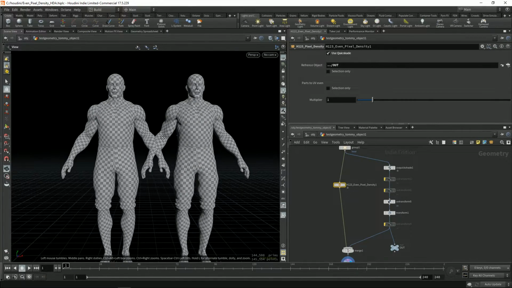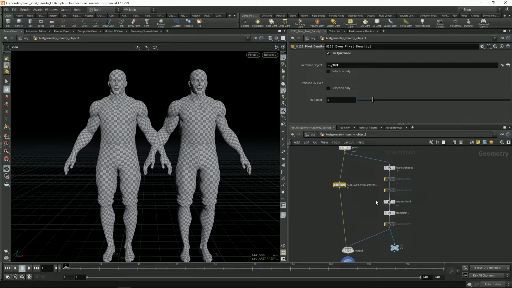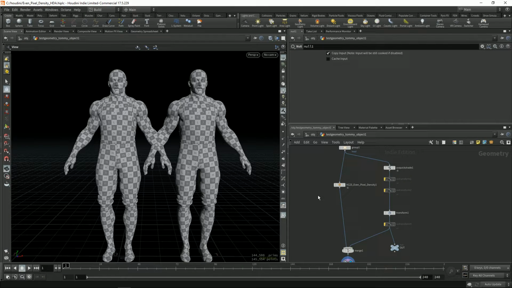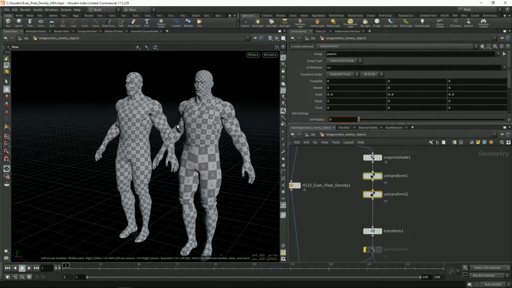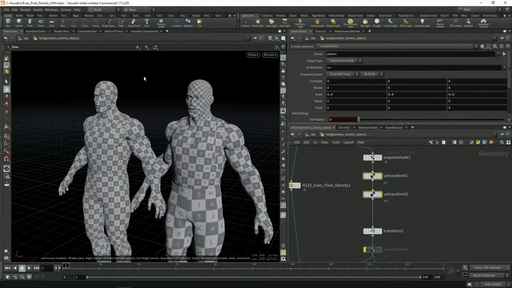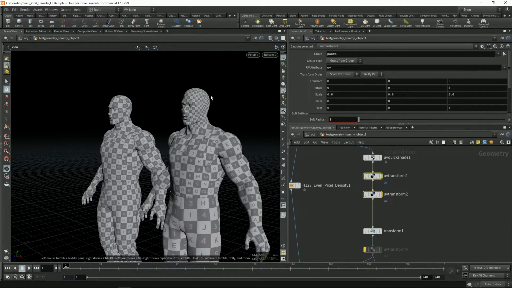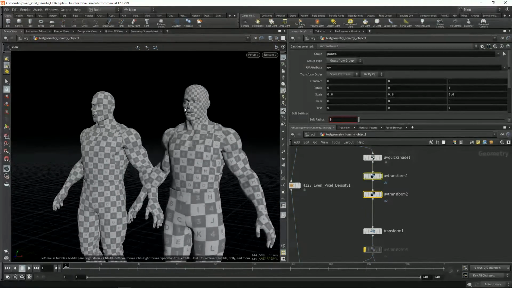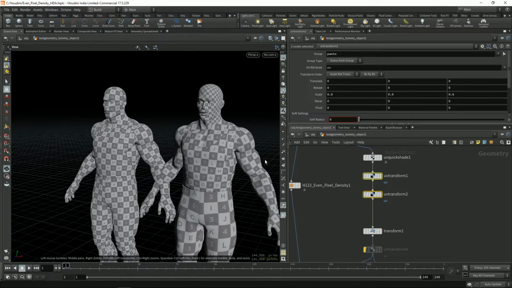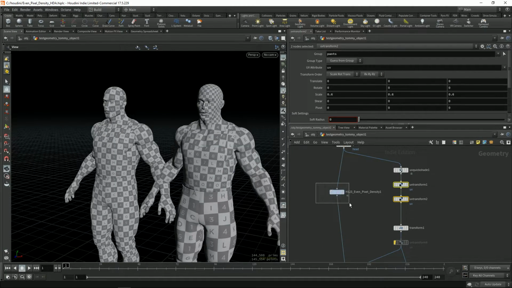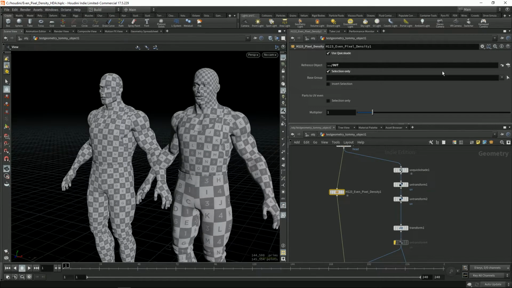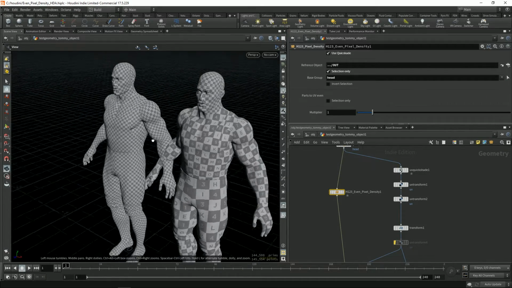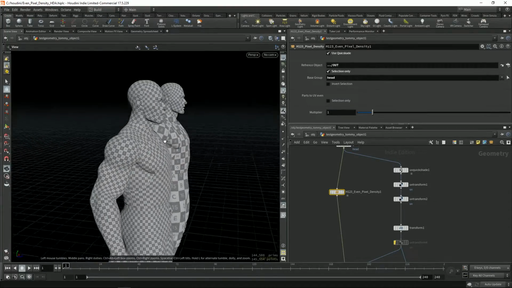And now sometimes you may want to pick the pixel density from a specific area, like in this example from the head. So if I wanted to do that, I could use the selection only, and I could use the head group, which I set up previously. And now everything will have the same density as my head